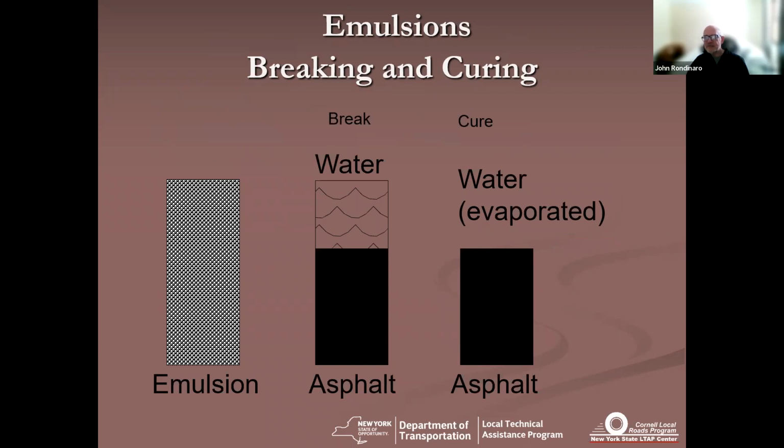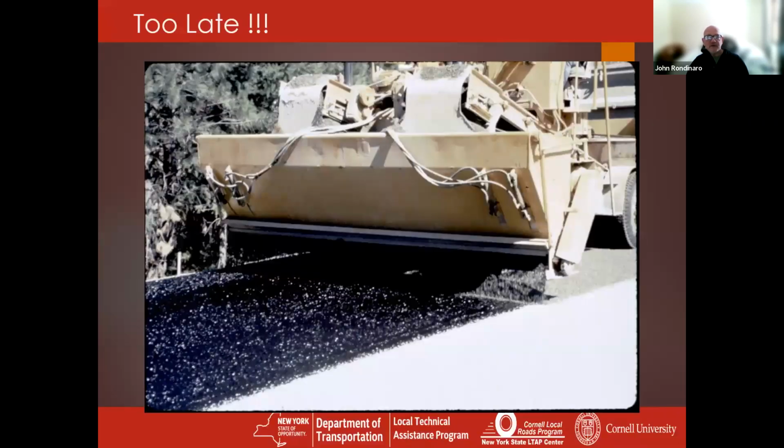But at that point in time, your aggregate is already embedded in that liquid asphalt, and that liquid asphalt is hardening up around your aggregate. And that's why you want it the brown color. If it's black, that aggregate's not going to stick or bond to the liquid asphalt. And in this case, you get somebody who's applying their sand cover to a black emulsion,